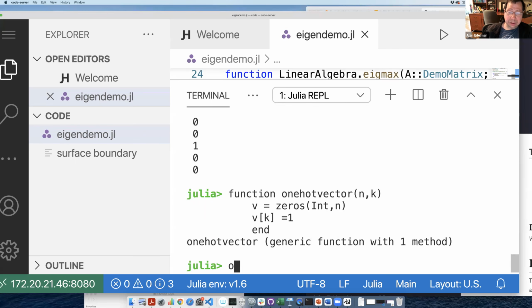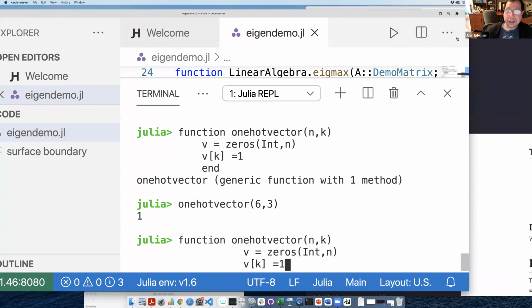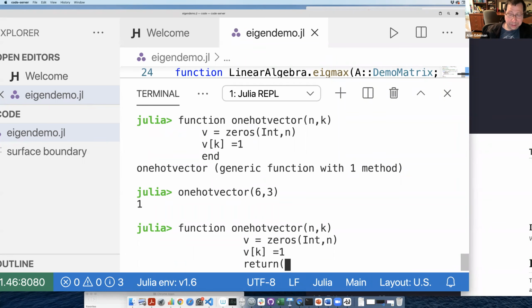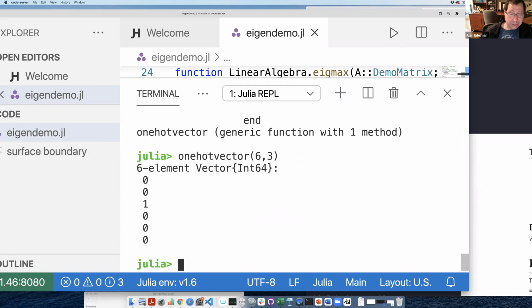All right, so this is a one-hot vector. Now I can construct the vector that I just did. Did I not do it right? Oh, I didn't return V, silly me. So let's go back. This is why you put it in the editor. I can't copy and paste because I have to give it permission. Allow, okay. So let's do it right this time. Return V, end. Okay, and now you'll see I built the same thing.